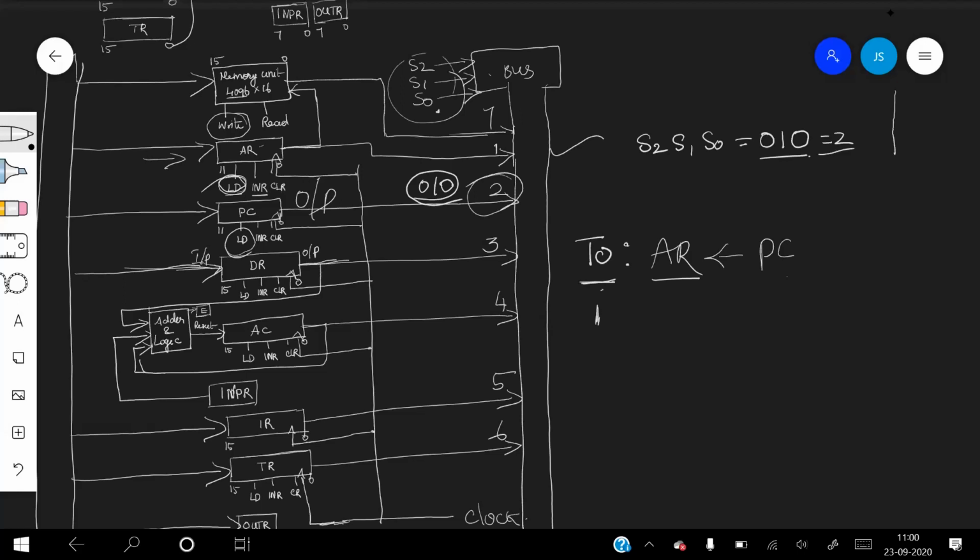Through the sequence counter, it generates the timing signal, and when that particular timing signal is active and the control input is active, both need to be active, and that enables the operation. So when T0 is active, the content of the PC register will be loaded onto the bus, and at the other side, the load input of AR will be enabled, and the content of PC will be loaded into AR.